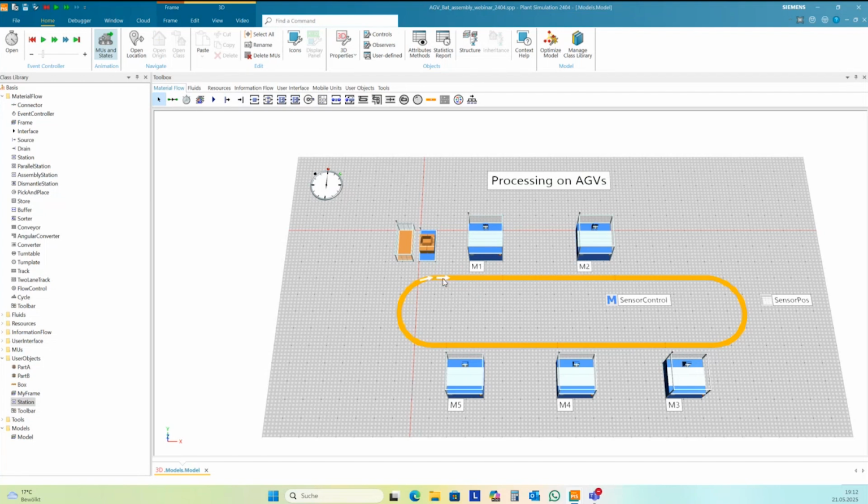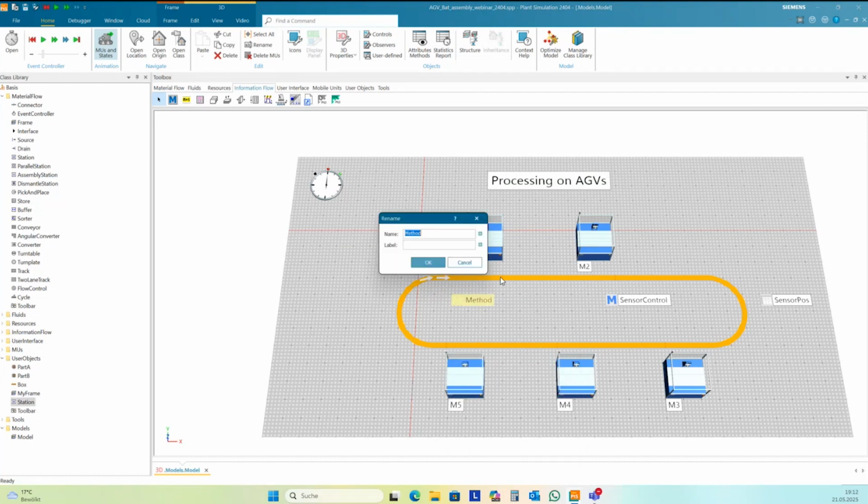And for this, I need an entrance control here for the track. And so another method. And this is the entrance control of this track.